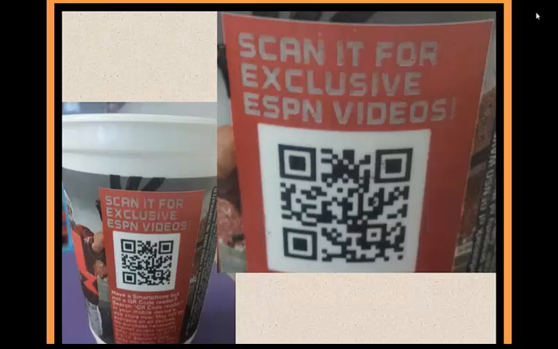QR code marketing works. And the same fellow that I was talking about a while ago, that's how he opens every single deal, with his little QR code. So I just wanted to share that with you, that cup. I know I'm always talking about the QR codes I see, and so I shot a picture of that on the table when I was eating lunch earlier, and I wanted to show you that.